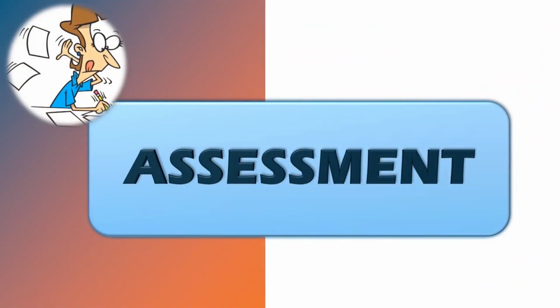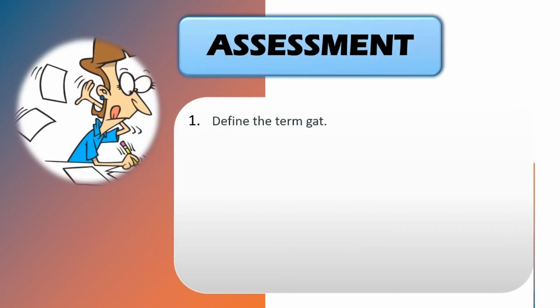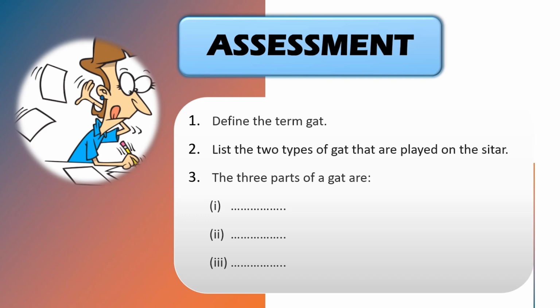Now let us see how far you have understood the lesson. Define the term Gat. List the two types of Gat that are played on the sitar. The three parts of a Gat are